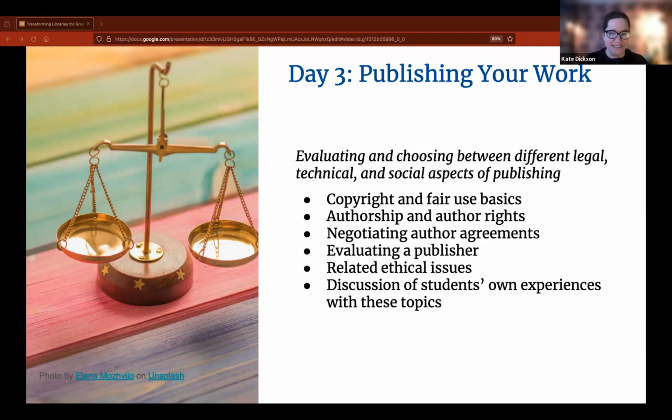And the idea that transferring all of your rights without retaining any of them means you're going to need to get that publisher permission to use your own work later, which I think was a little surprising to some of the students. But we also talked about how transferring copyright doesn't have to be all or nothing, and that you really can advocate for retaining rights that are important to you. So some of those strategies, the most important, of course, is to make sure they're reading their author agreement and asking for changes. We talked through the idea of the author addendum, like the SPARC addendum,